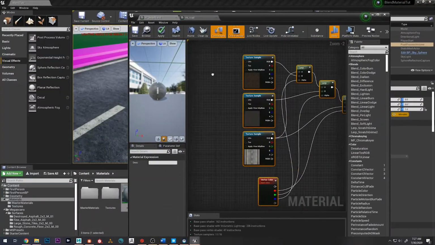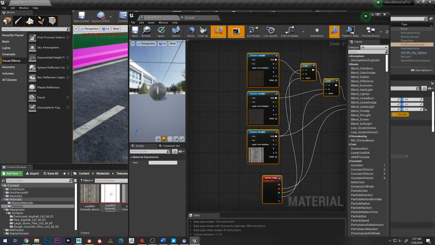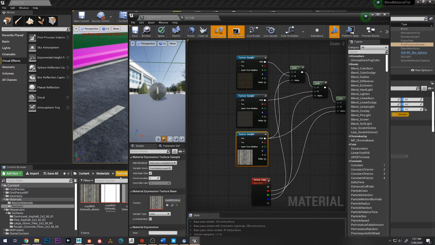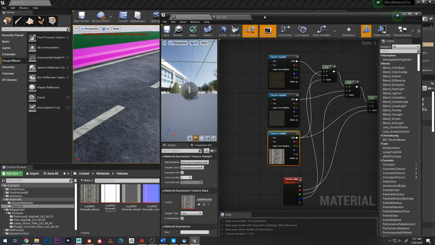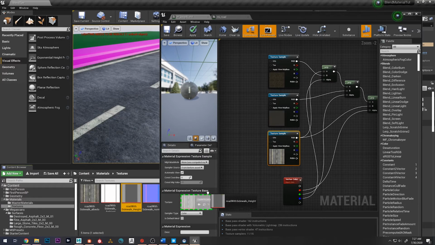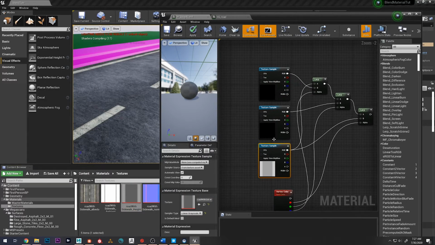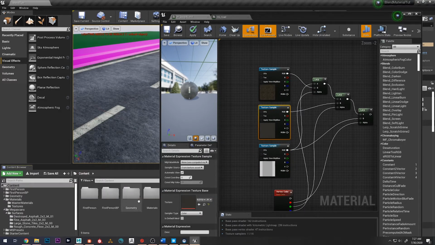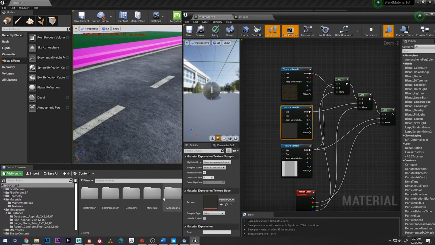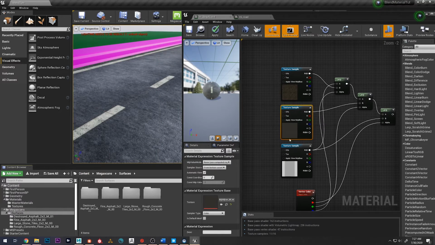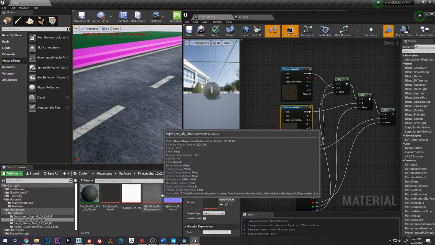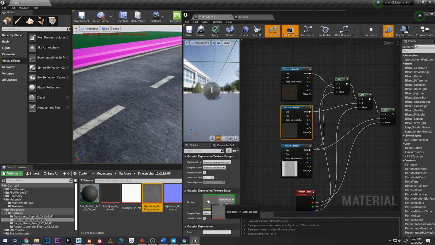But come over to our textures and I'm going to throw the height map. Then I'm going to go to the Megascans, materials, this will be the fine asphalt, throw the displacement into there,